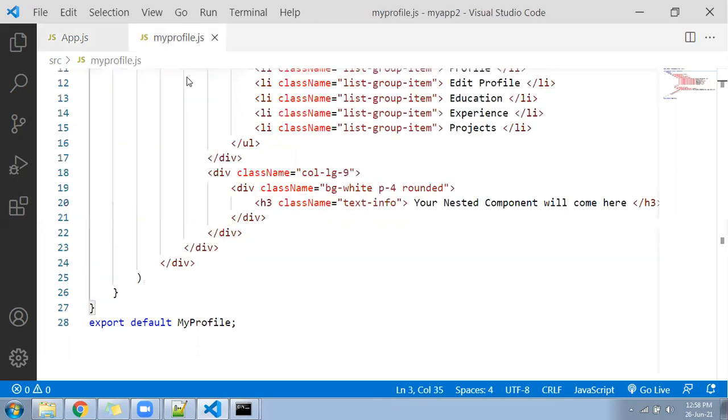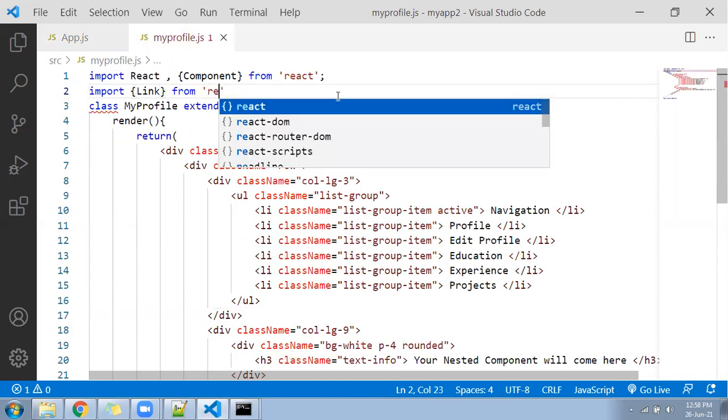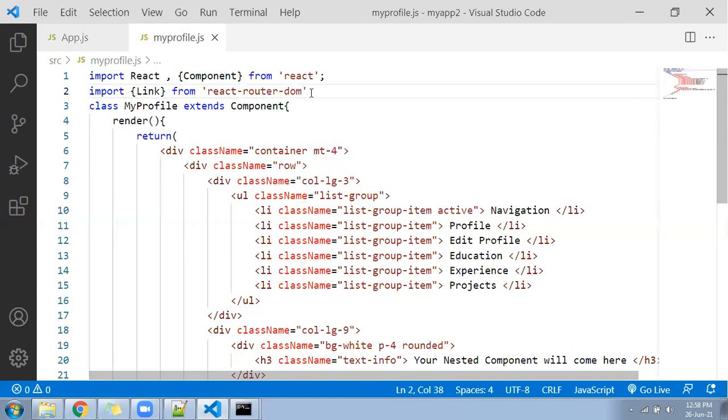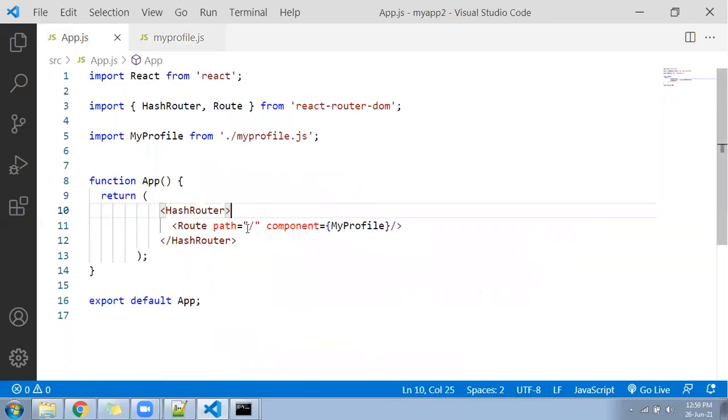So look at here. Go to this file in your component where you want to implement the nested routing. Import again the Link tag from react-router-dom. You have to call the Link tag. Okay. After calling the Link tag, we need to come inside and we have to use this Link tag. Okay, we have to call the Link tag. And one more thing you need to know, let's go here in the app.js file. Here, instead of hash slash, keep here called my profile.